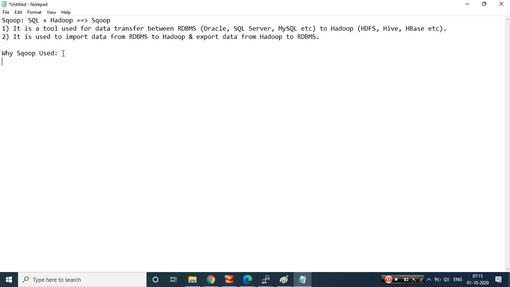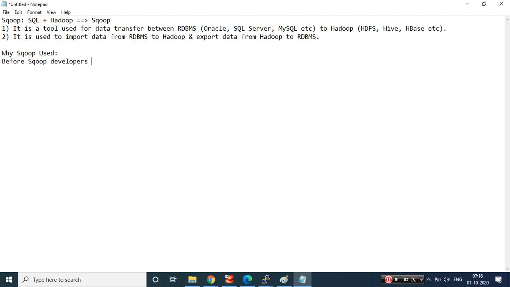So these are people who are not facing the challenges of writing lengthy code for data transfers. Big data developers start once the data is in the Hadoop system, in HDFS. They do their magical stuff when the data is in Hadoop. What used to happen earlier, before Sqoop, what developers used